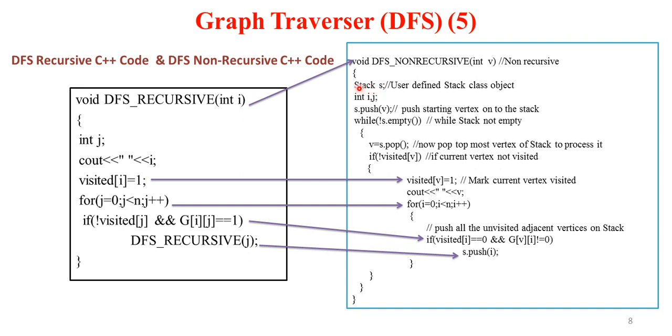I assume that you already know how to implement a stack class and create one instance of that. Push the very first vertex on our own defined stack, and till the stack is not empty, you first pop the topmost item, then that item is marked as visited. As we have already seen, the same thing happens over here. The system stack is used in case of recursion, but in the non-recursive version our own defined stack is used, and the result we get is the same as the recursive version.